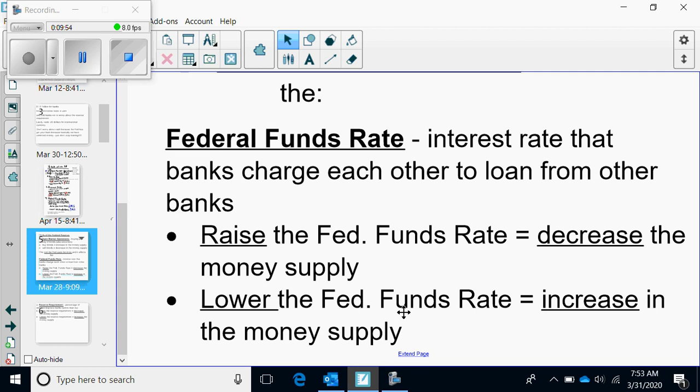Now, you can't really go below zero. I mean, you can, but I don't want to get into that. But you can't really go into below zero interest rates. So if we don't get out of a recession, there's less things that the Fed can do. I mean, this is their main thing that they can do, is control interest rates. The second tool that they have, well, it's kind of two in one on that slide. You need to write down this next slide.